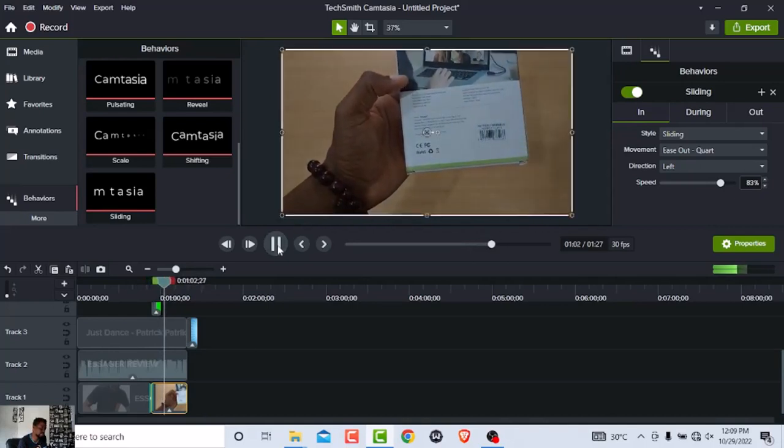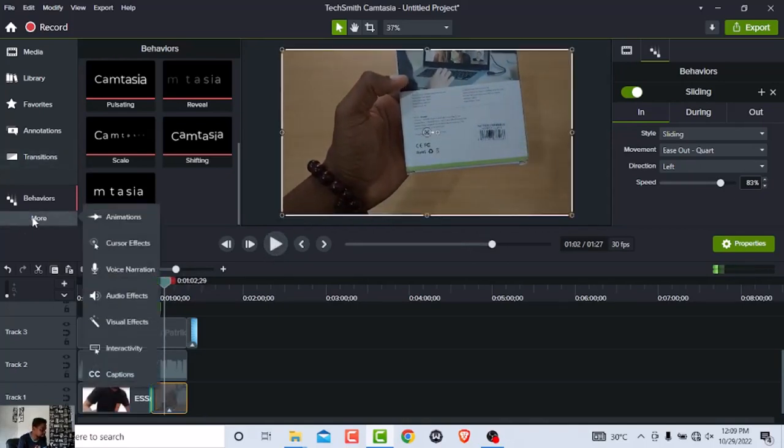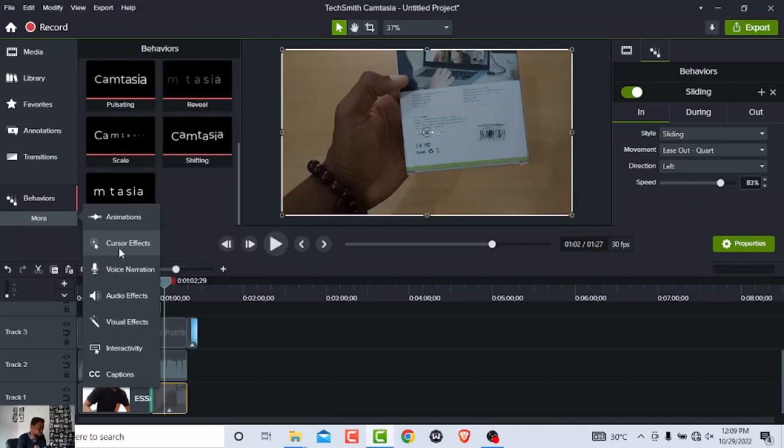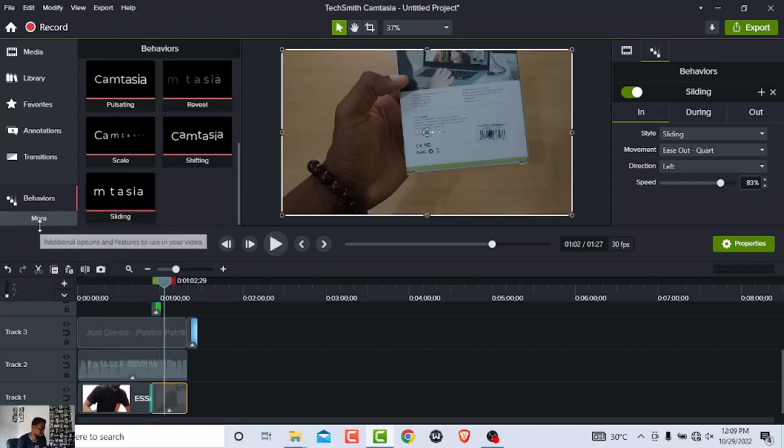Now let's go and add, this is not a screen recording, so we do not have a need to add any cursor effects to this. If you did a screen recording and you wanted to add a cursor effect, this might actually be a very good option for you as it makes your video more engaging. If you come to video